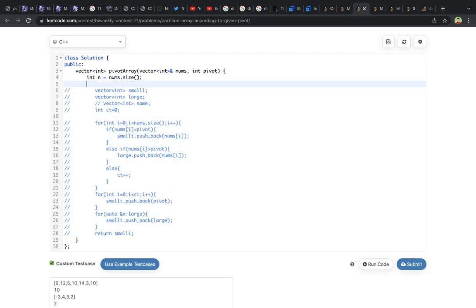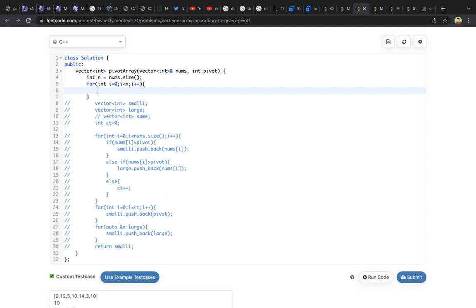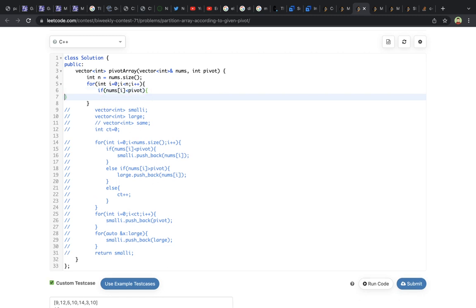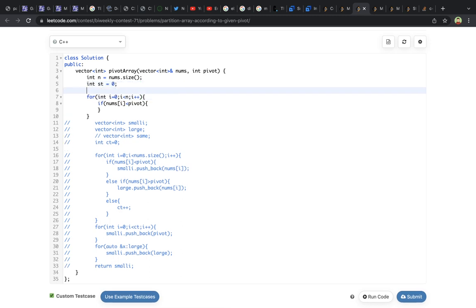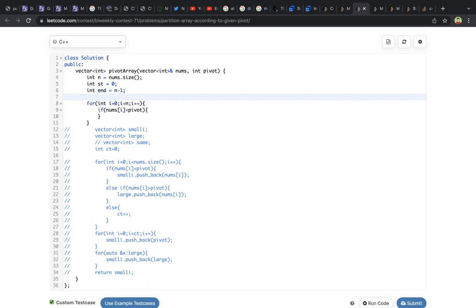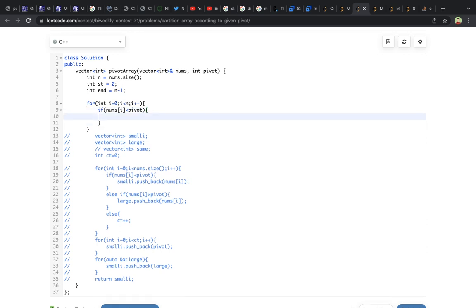Weird. So to rearrange that, what I'm gonna do is for i 0, i less than n, i plus plus, and if nums of i is less than pivot, so I can take 2 pointers. First is start pointer starts at 0 and end pointer starts at n minus 1, and yeah, I can replace